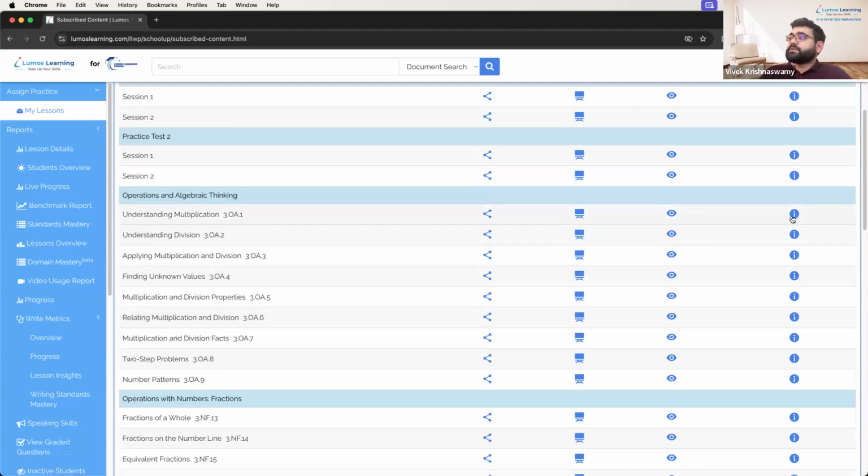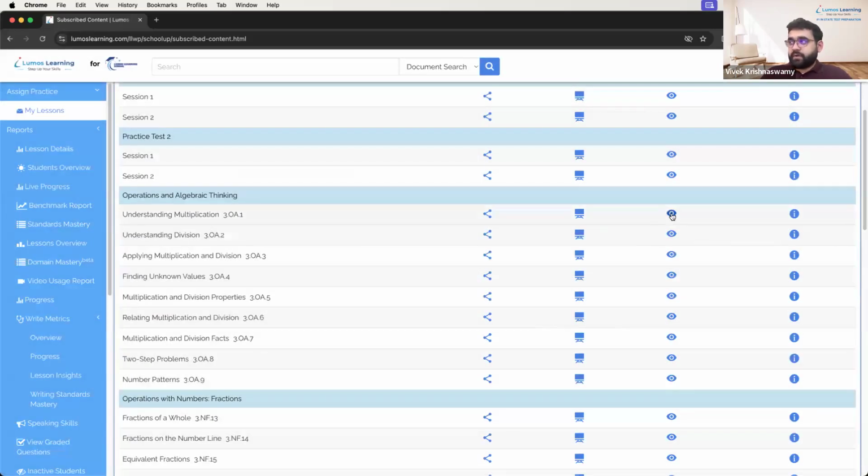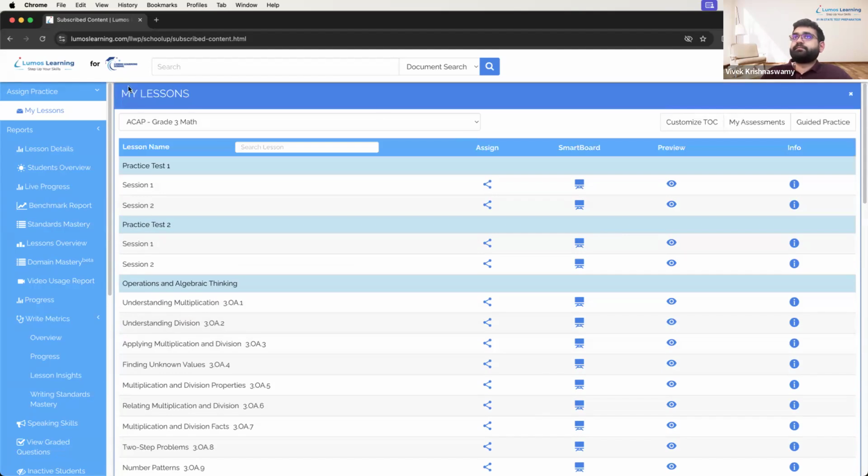Or you could also go in to check here what the different question types are. In this particular digital workbook, we see that there are some extended constructed responses. That's a great workbook to choose if I want to give my students more practice just in one question type. Using this little information button to figure out where those question types are is super helpful.